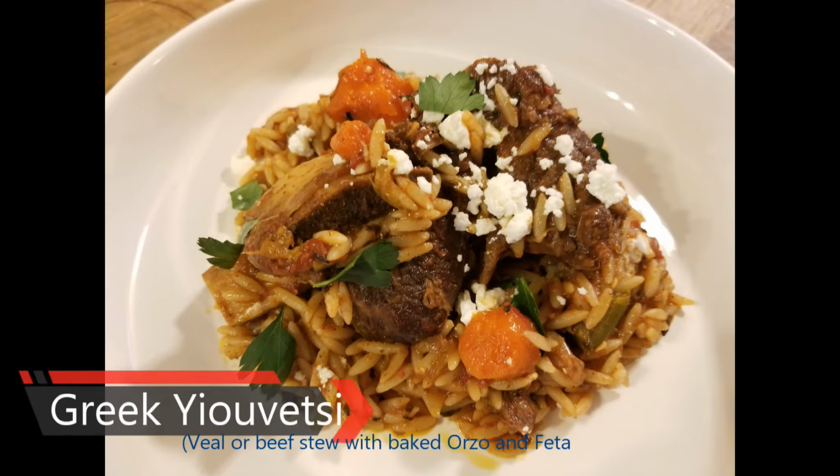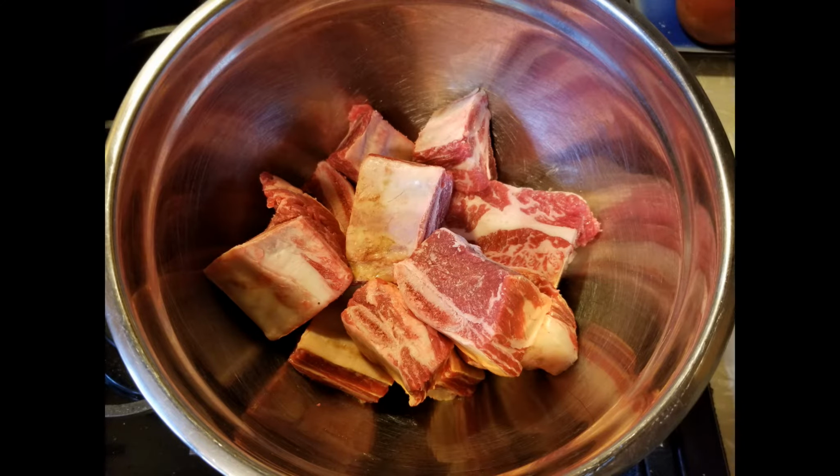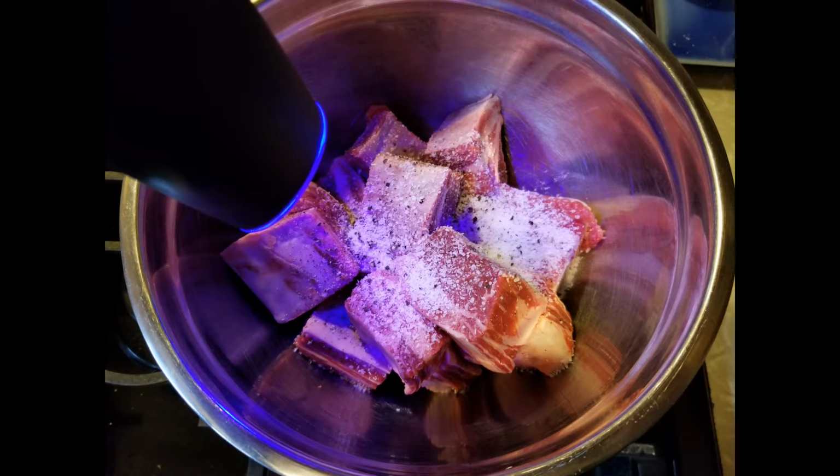Alright, so today we're going to change it up a little bit and talk about comfort foods. One in particular is called Youvetsi. It's a Greek dish made with pasta. You can use beef bones, veal bones with a lot of meat on them, preferably like a bone-in chuck steak or veal shoulder. So salt and pepper,